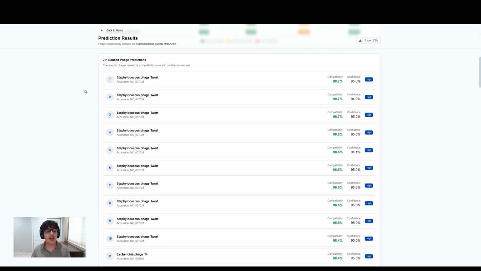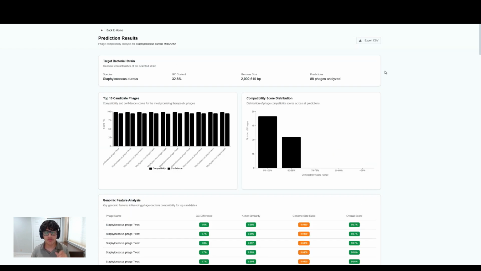And over here we have the ranked phage predictions going into deeper detail upon the compatibility and confidence and giving a quantitative as well as a qualitative metric to measure the success of these phages against Staph aureus. Now, what does this do? Well, it allows scientists to completely skip initial wet lab testing, which is both high cost and high time, and